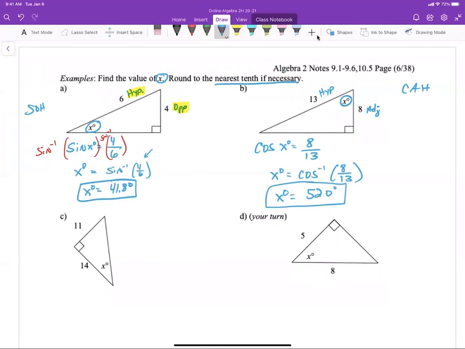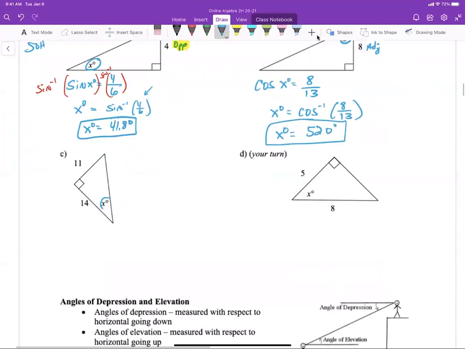All right, let's do another one. I have x as my angle. I see that I know the opposite side, and here's my hypotenuse, so be careful. And so this is my adjacent. And so I have the two sides that I know are adjacent and opposite. What trig function relates that? And that would be TOA. And then, so tangent. So tangent of x is equal to the opposite, which is